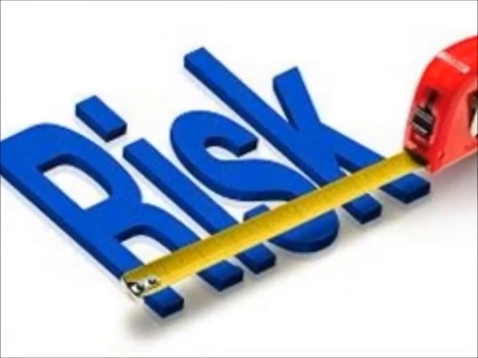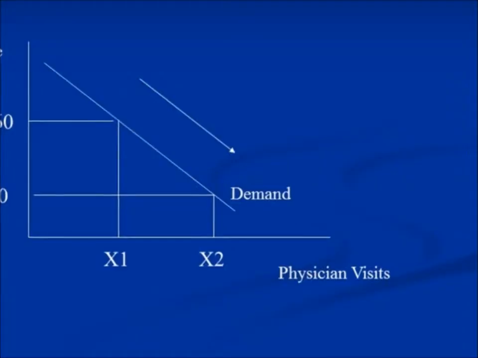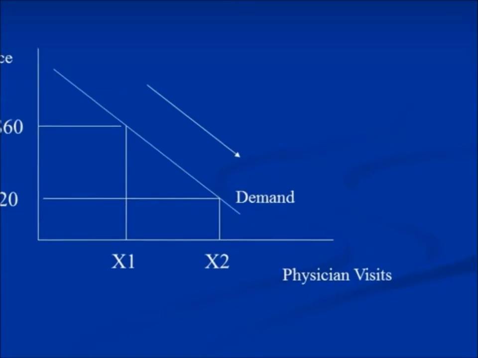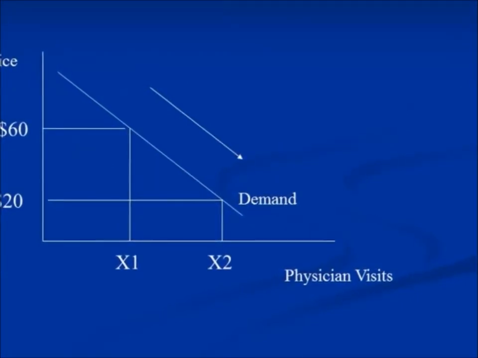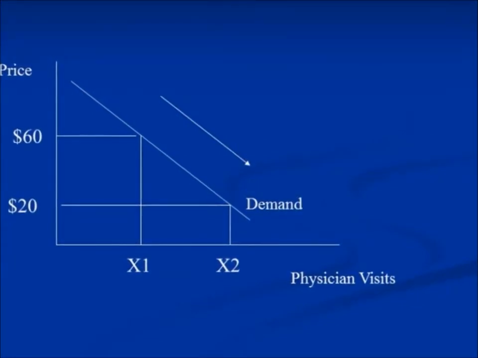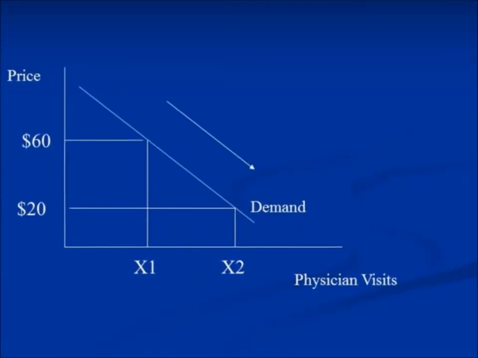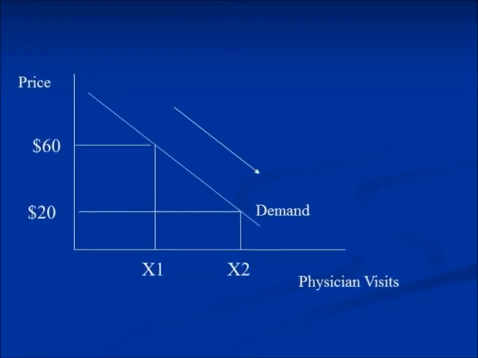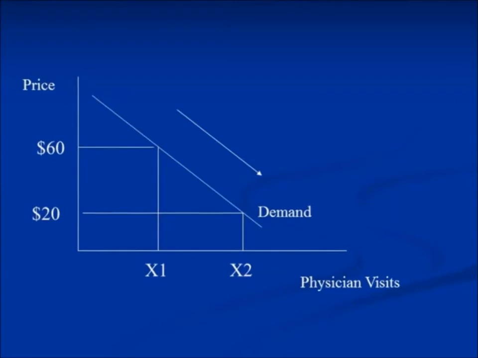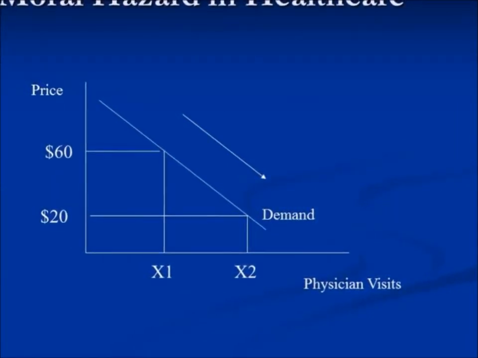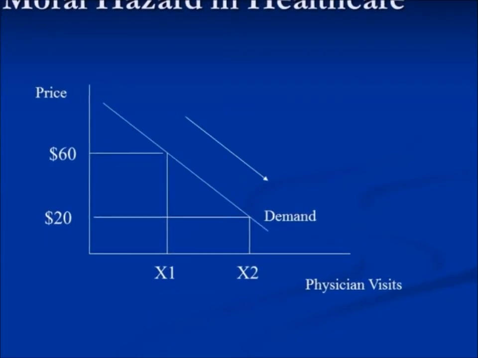So let's talk a little bit about how to measure risk and how to measure moral hazard. Let's take a look at the example in your textbook. Basically, moral hazard is nothing more than the law of demand. In this example, $60 represents the cost of a doctor's visit. But what happens when you introduce co-insurance and you lower the out-of-pocket expense for an individual? So $60 is the usual cost, but now all the individual has to pay when they have insurance is $20